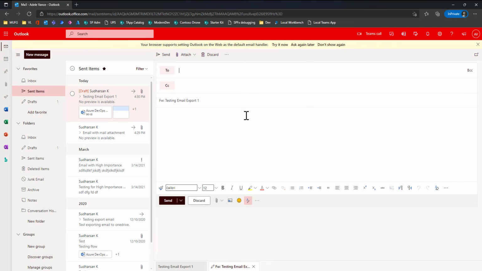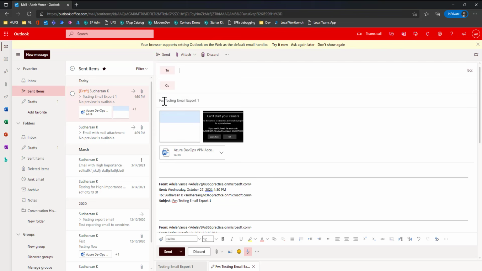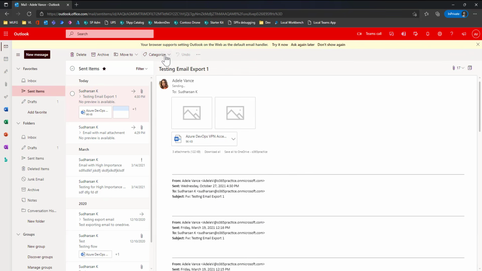I'll just forward this email with the subject Forward: testing email export 1. I'm sending it to Sudarshan, and it has three attachments. This entire email has to be exported, and also the attachments have to be exported to a separate folder with this name. Okay, I'll just click send.